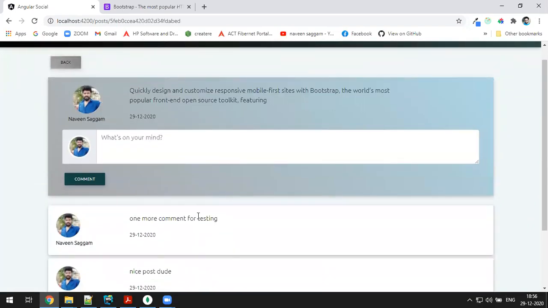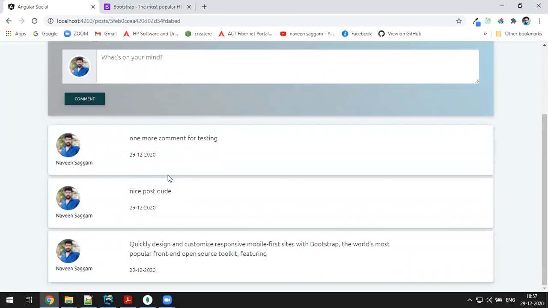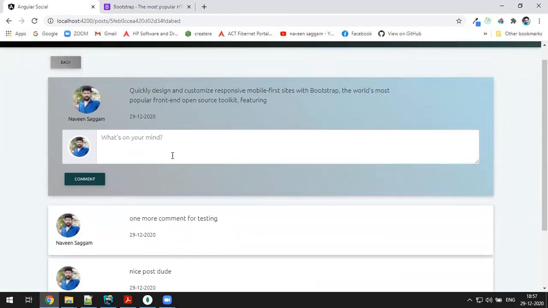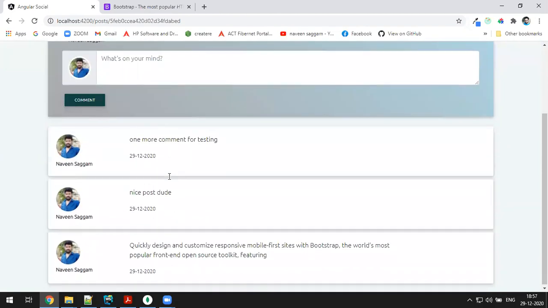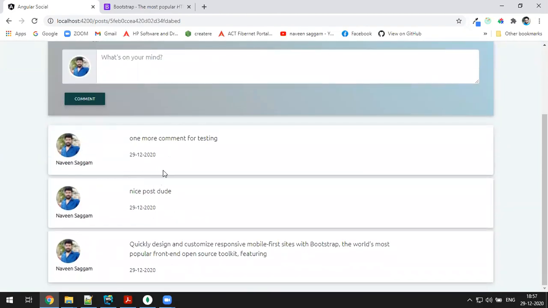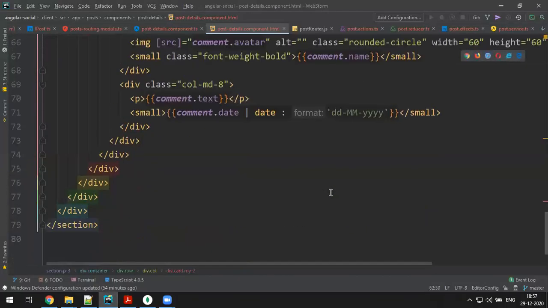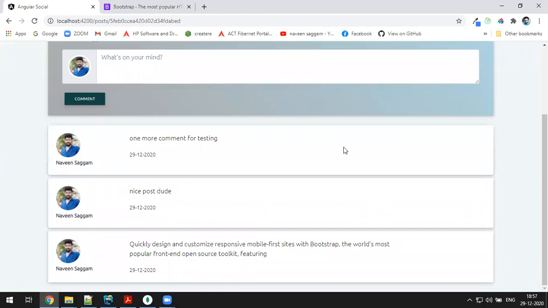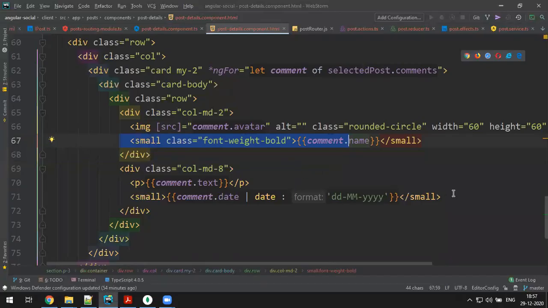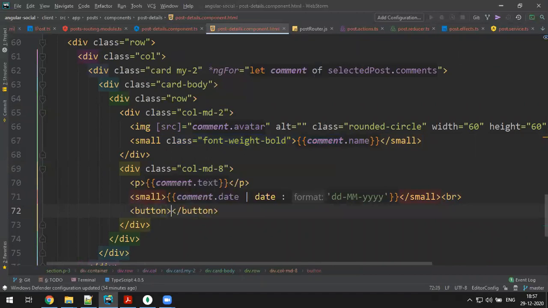And one more thing you have to do is you need to have a delete button. You can delete the comment also. Okay, the person who made the comment can only delete it. Not everyone else can delete. Only the person who made the comment has to delete. So let's make a button to delete a comment. Okay, so here, where is that? This is the one, no? Comment name date. Yeah, after date, I'll take a button to delete a comment.